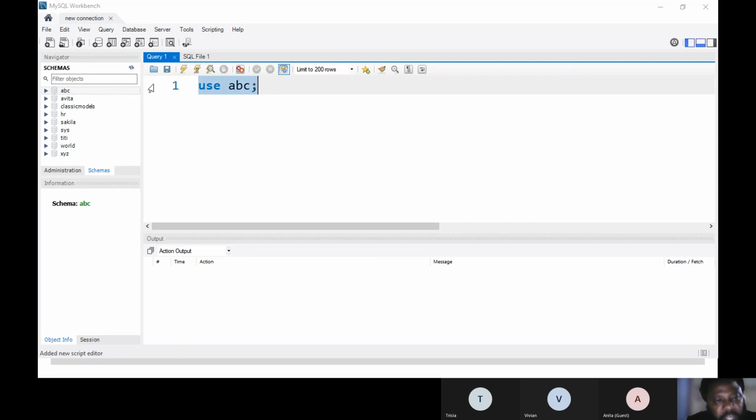Now, how do you run your query? Select your query. You select everything I've typed. You can select your code by clicking and dragging over the code, or you just press on the number, and it will select everything for you. Then you see this flash button. Can you see this flash button? That flash button, run, that is execute. You use that to execute your query.